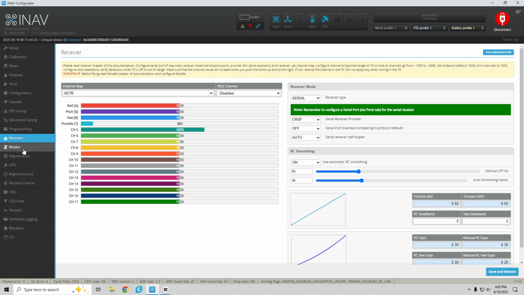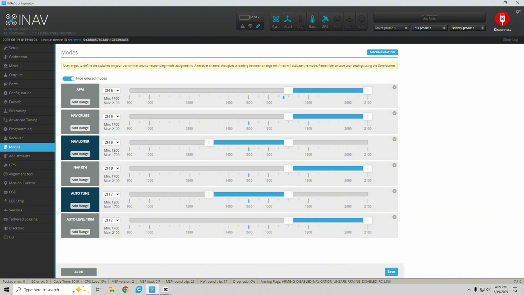When you're done with all that, save and reboot. Your modes, these are the modes I have. I use ARM, Nav Cruise, Nav Loiter, Nav Return to Home, Auto Tune, Auto Level, because I'm still tuning my Dolphin. Once I'm done tuning, I take off Auto Level Trim and Auto Tune, and I change that to whatever